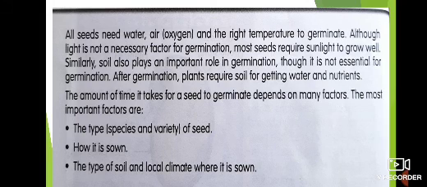After germination, plants require soil for getting water and nutrients. Yes, a very important role of soil is here. What is the function of the root? The root absorbs water and nutrients from the soil. So when the plant develops, it needs water and nutrients because now the cotyledon turns into a dry leaf-like structure and falls off. When it falls off, it requires nutrition from the soil. So the plant requires nutrition from the soil; it is a very necessary factor for the plant.